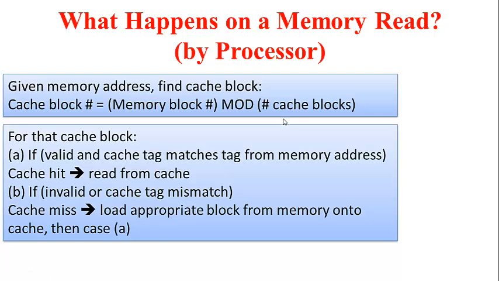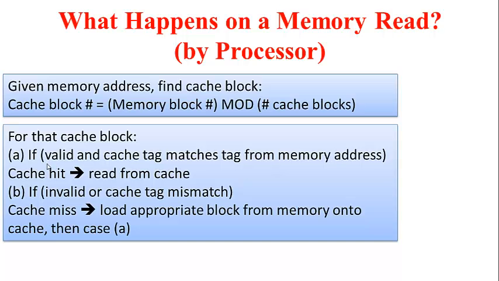Having identified the cache block where the data corresponding to that memory address could potentially be present, we have to check whether the data is indeed present, and the way to check that is the following. We have to use the metadata bits corresponding to that cache block and first check whether